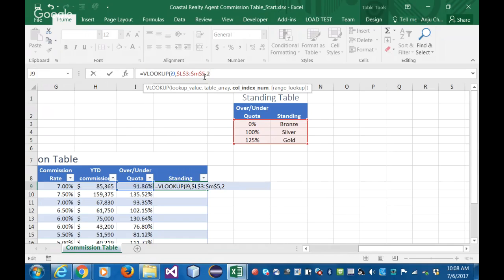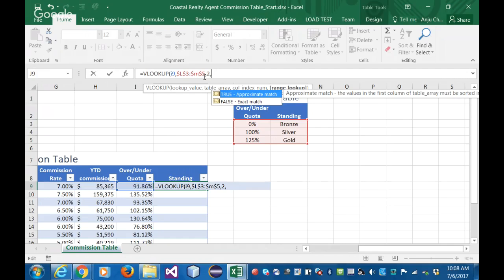Keep that in mind. Always the leftmost, right? The column that you want to pick up the value from, bronze, silver, or gold, is being picked up from which column? Column number 2 in the table. That's that column index. And if you now give a comma,